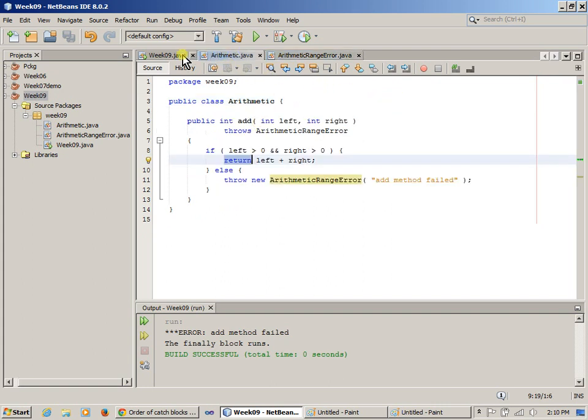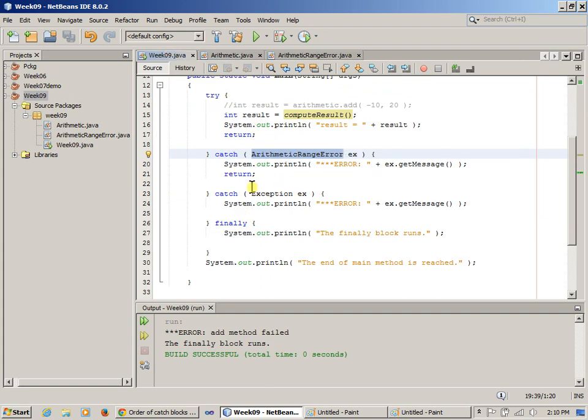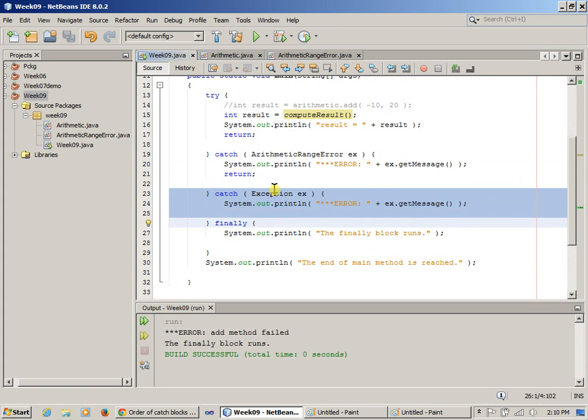In this situation, what we do is place the more specific type of exception earlier in the list of catch blocks,